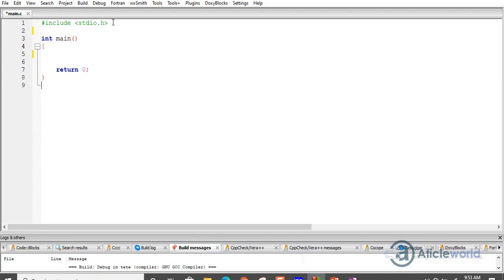Before using the string compare function, you should include the header file string.h in your program, so I'm going to first insert string.h in my code. Now I am creating two character arrays s1 and s2 and assigning some characters, and using strcmp I am going to compare these character arrays and print the return value of the string compare function. So let's write the program.